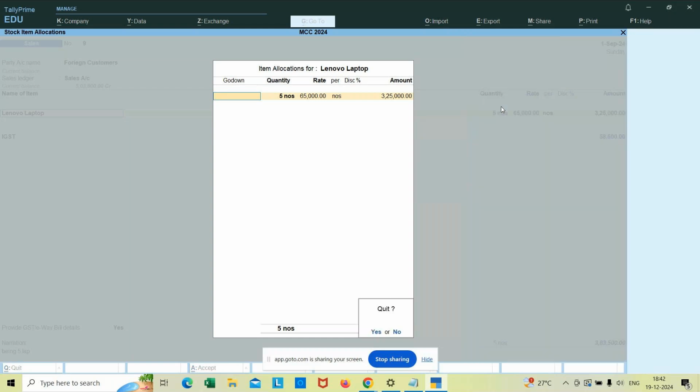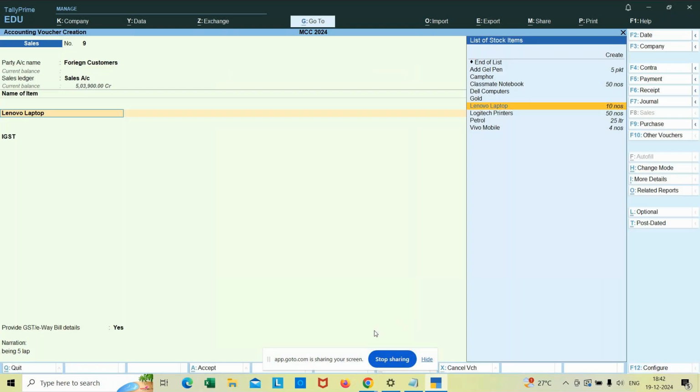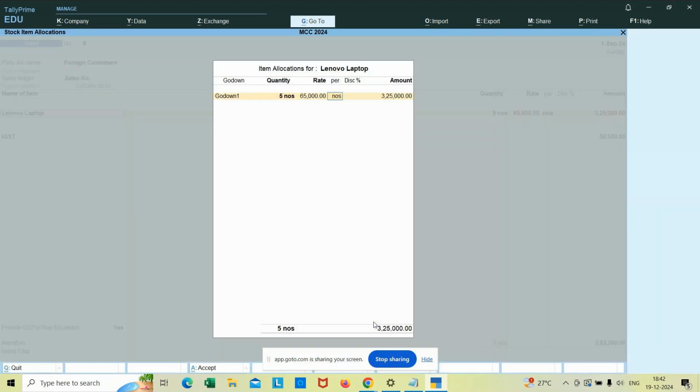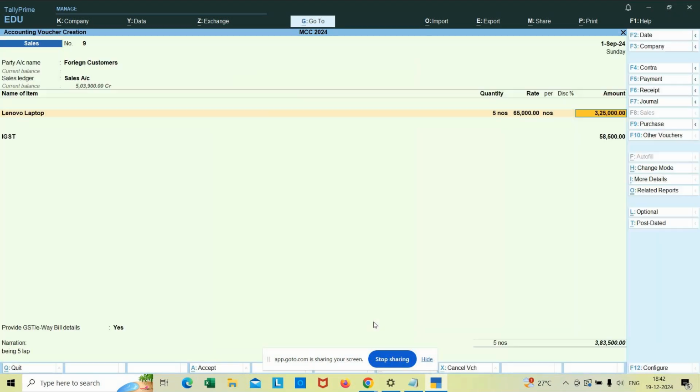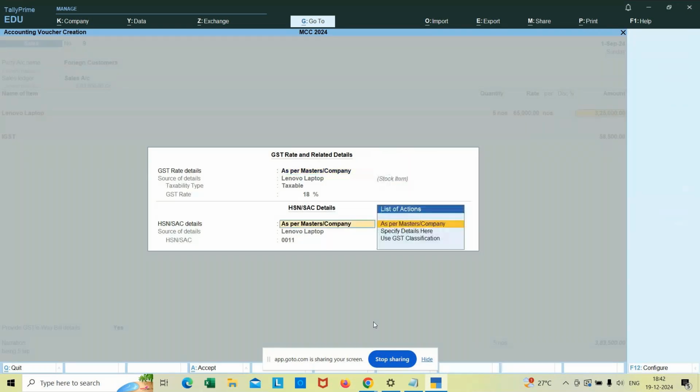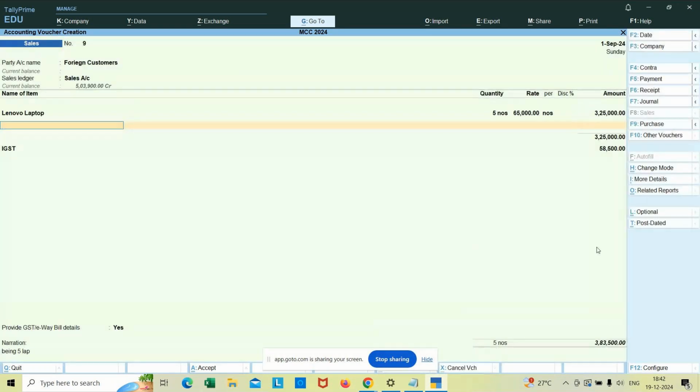And you can take the quantity is 5 number, rate is 65,000. Automatically it will display the total value. Then after the next line you have to type here IGST. After the calculation line you have to type IGST. It will display the IGST tax rate, then e-way bill, and here